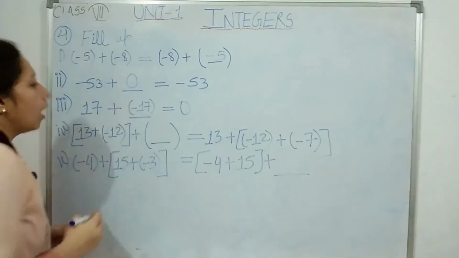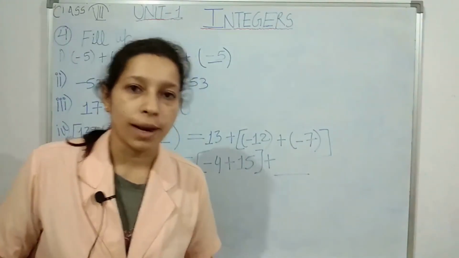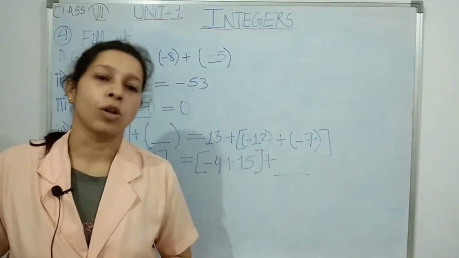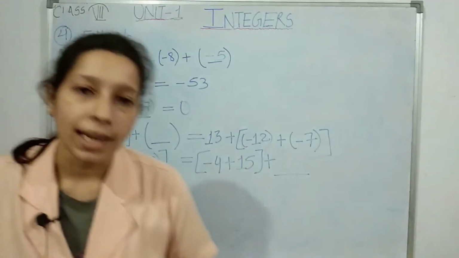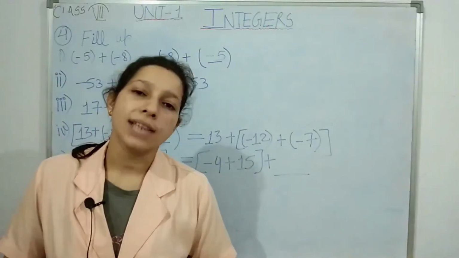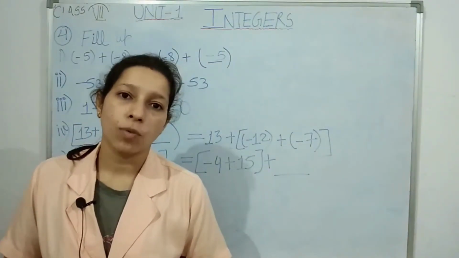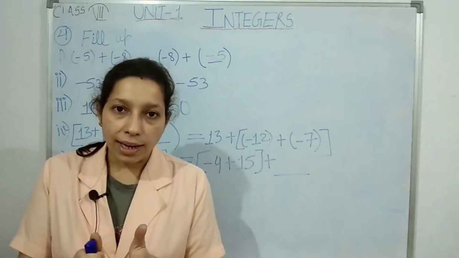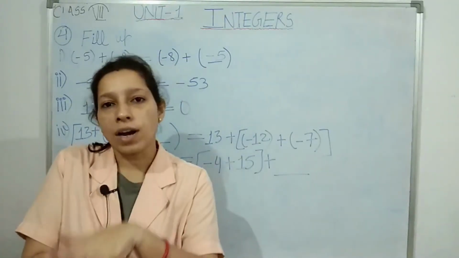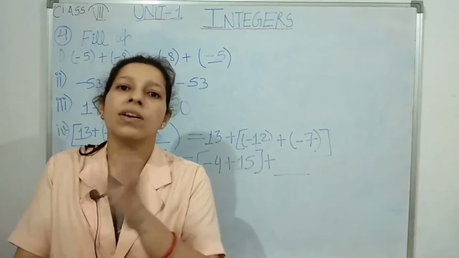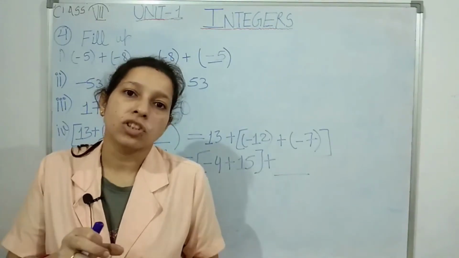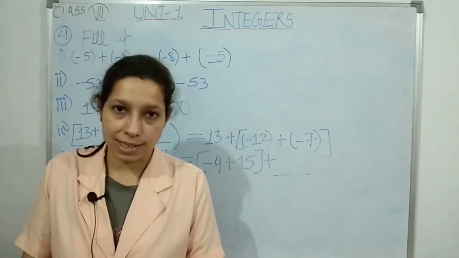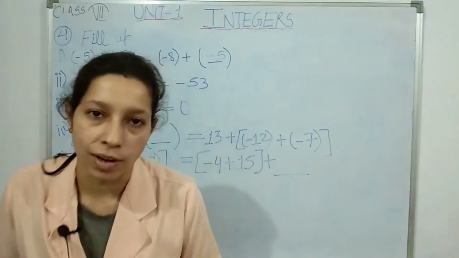See students, in the introduction video I have explained to you about additive identity also. Additive identity is equals to 0. So for any integer, if you want to get its additive identity which is equals to 0, take that given integer and add its inverse to it. Add its additive inverse to it. What do you mean by additive inverse? For any integer, just take the same integer and change the sign. It will become its additive inverse.